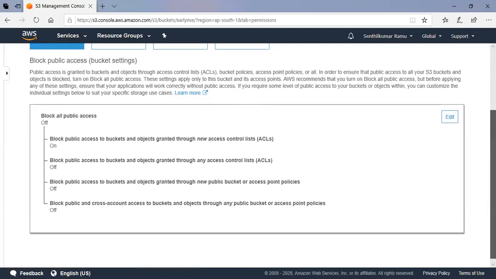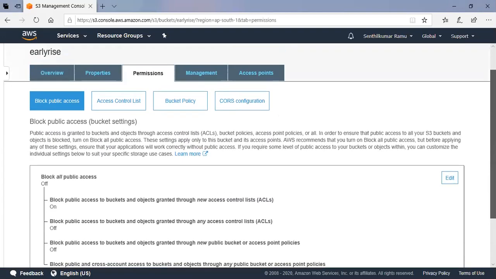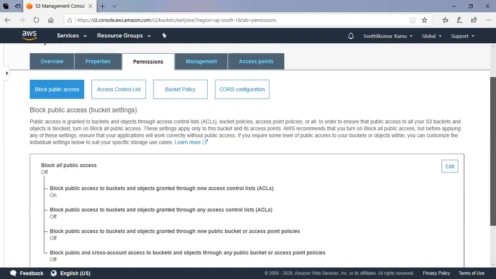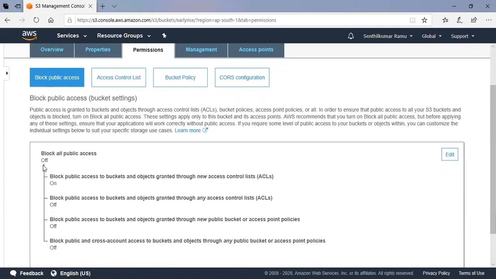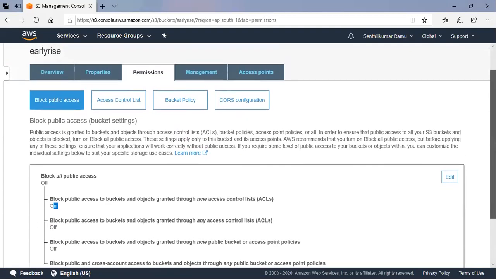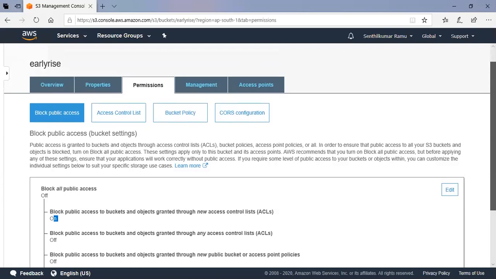So this is the option we selected earlier, right? Yeah. So public access is given, right? No, block public. See, we did not enable all the other options. The ACL. Okay, only one option. Only one, the first one, right? Right. Block public access to buckets and objects granted through new access control list, actually. So we need to form a new access control list for us to access the resources which are in the storage.